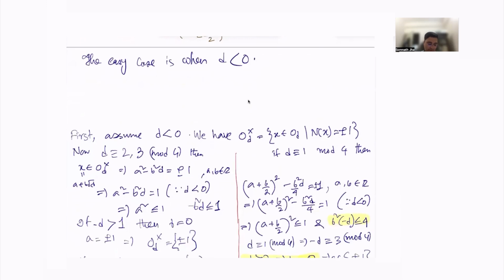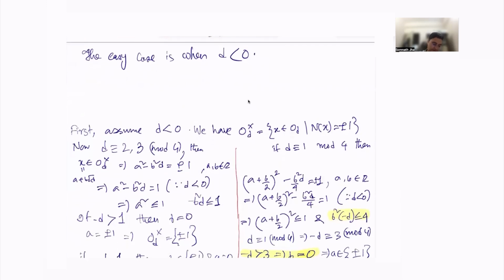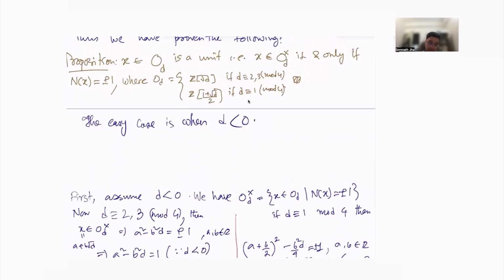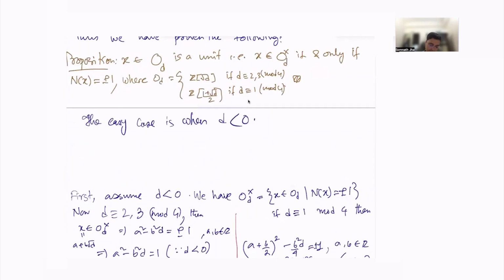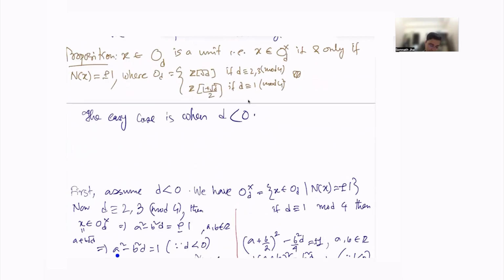Either 2 or 3 mod 4. Then x is a unit. So x looks like a plus b root d. So x is a unit if and only if a squared minus b squared d is plus or minus 1, right? That is the norm. So the norm is plus or minus 1, with a, b in Z. That means,